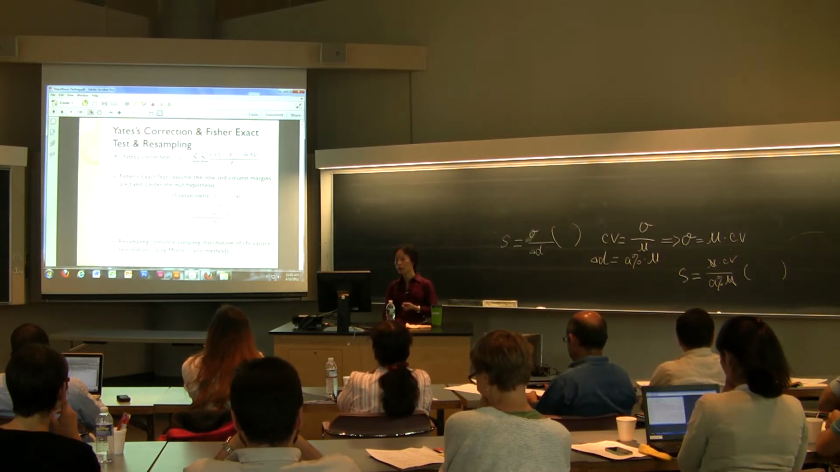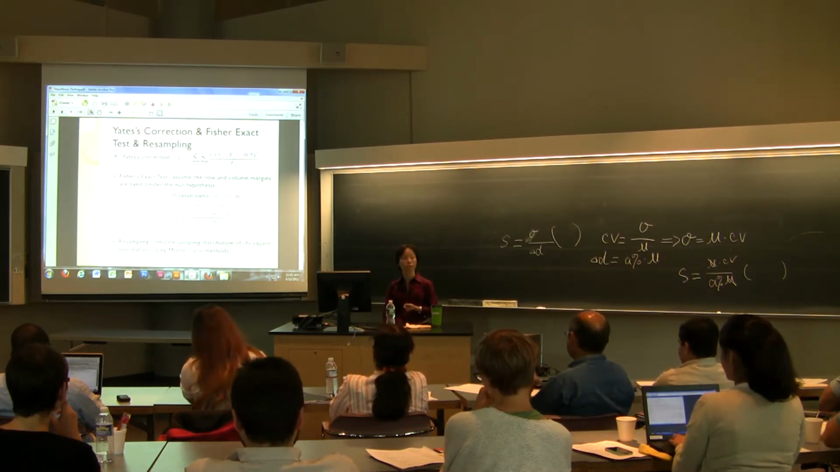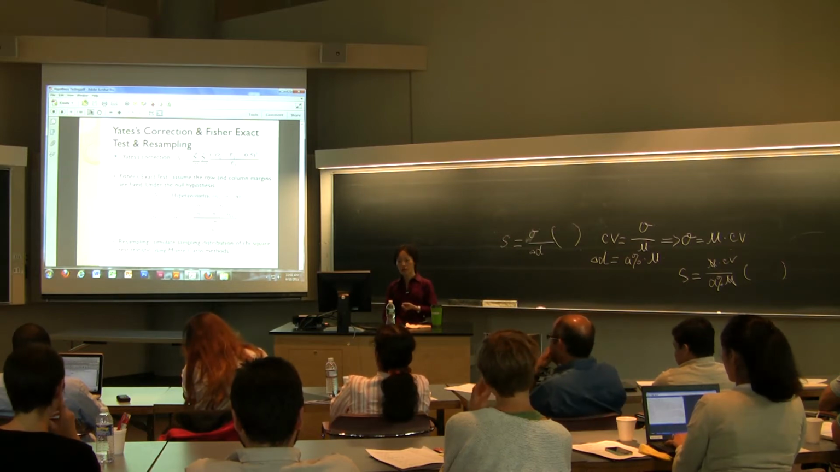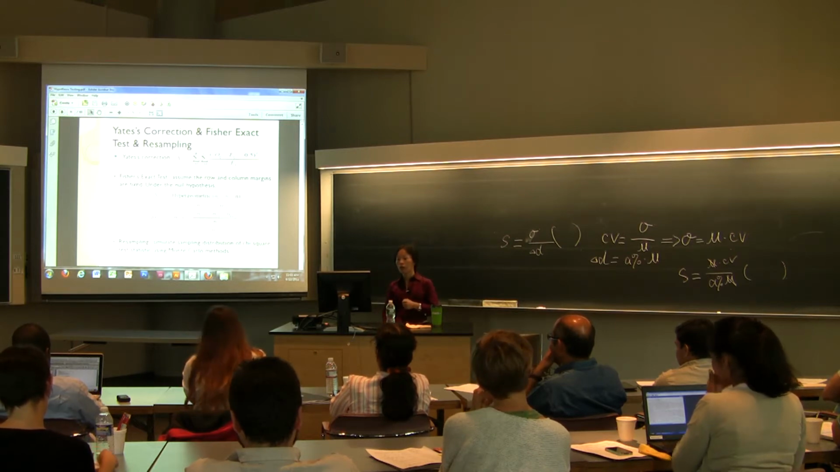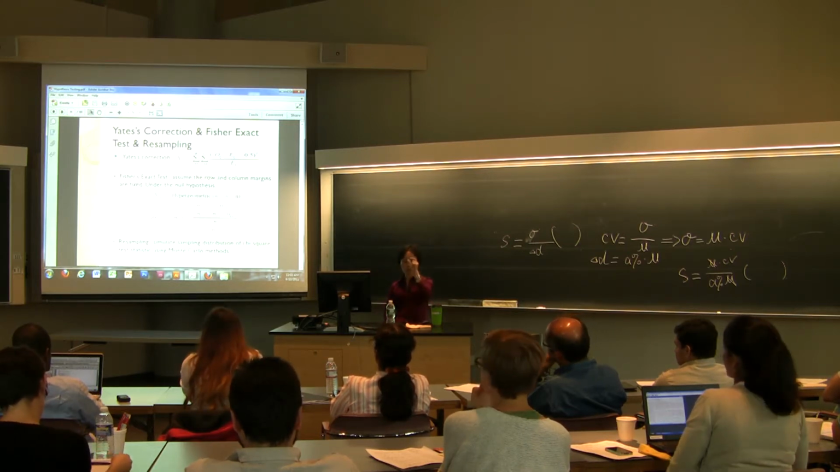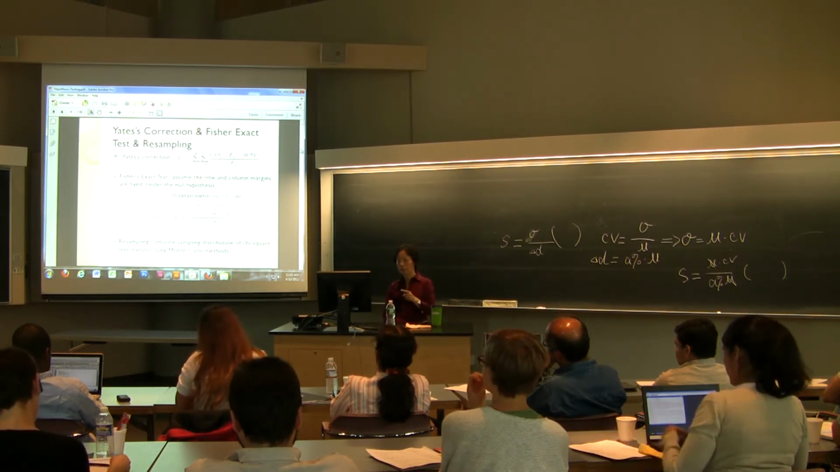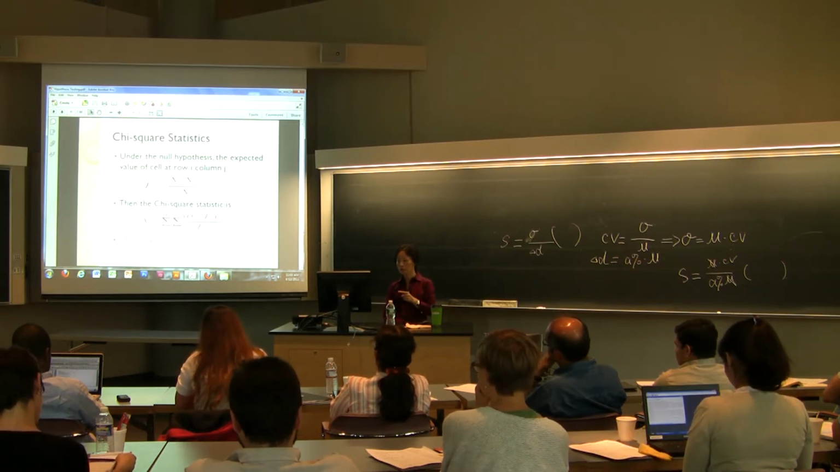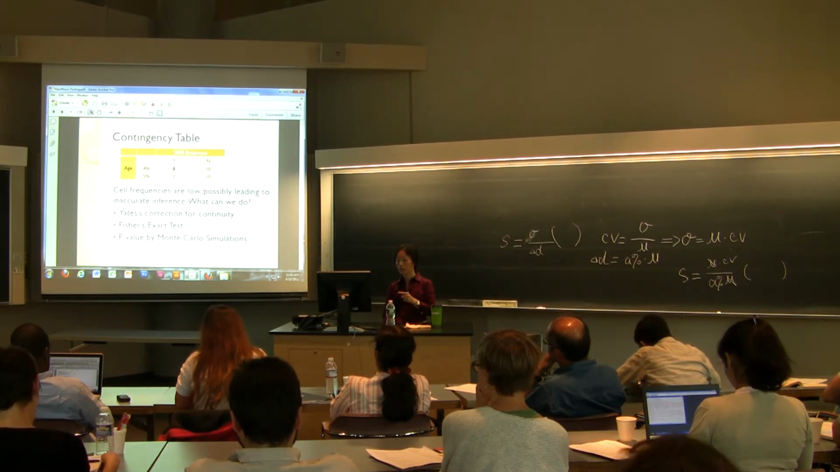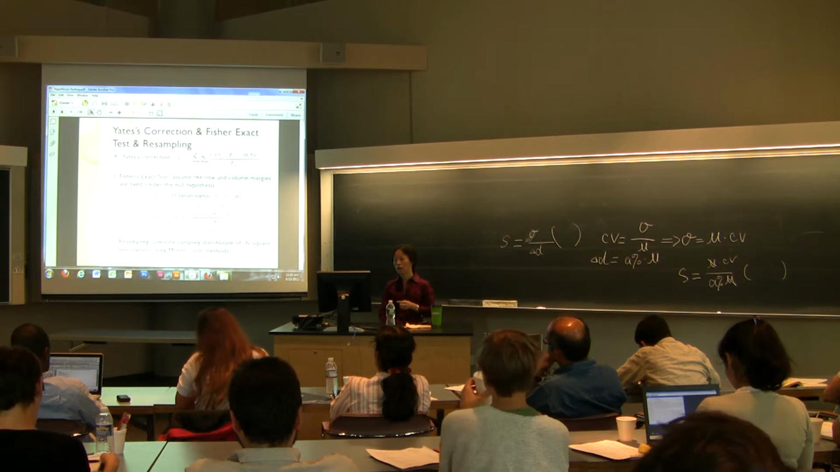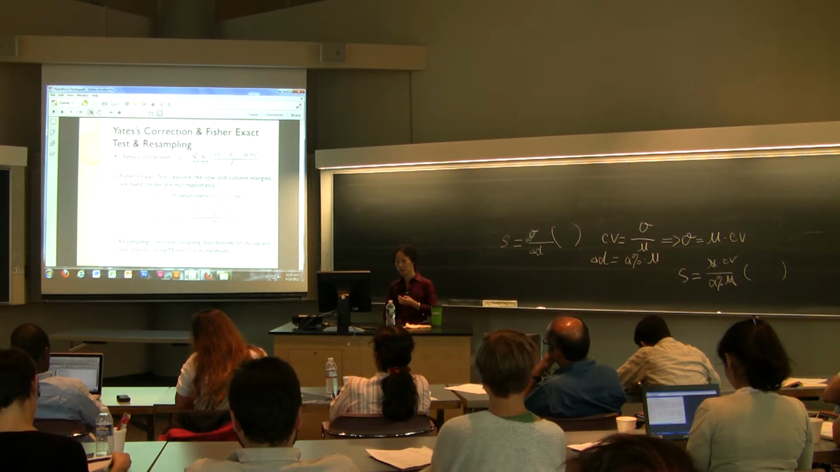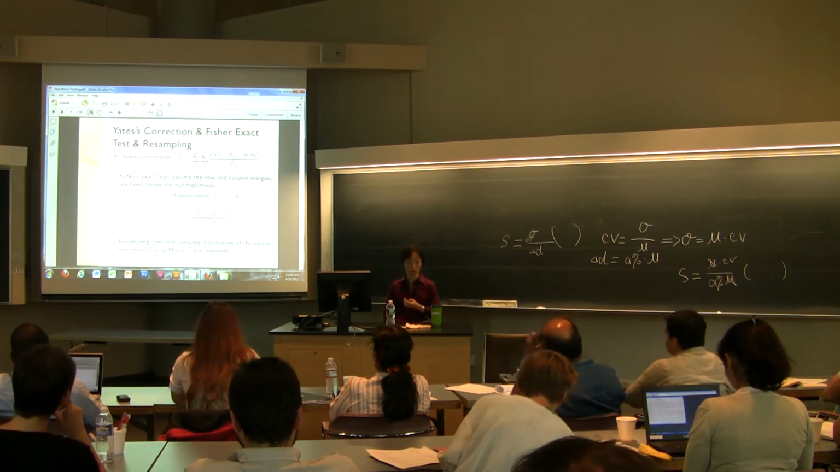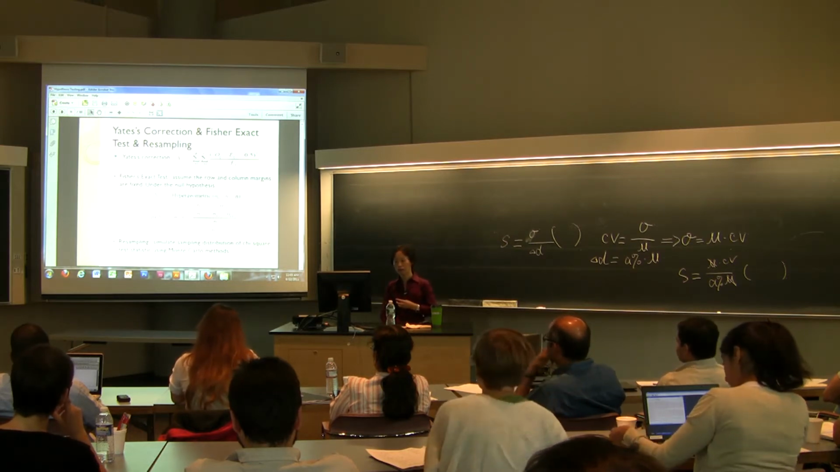In this case, we assume the row and column margins are fixed. Under the null hypothesis, there is no association between these two categorical variables. N11, the cell here, is the cell frequency here, and it will follow a hypergeometric distribution with these parameters, and then in this way we can calculate the p-value by Fisher's exact